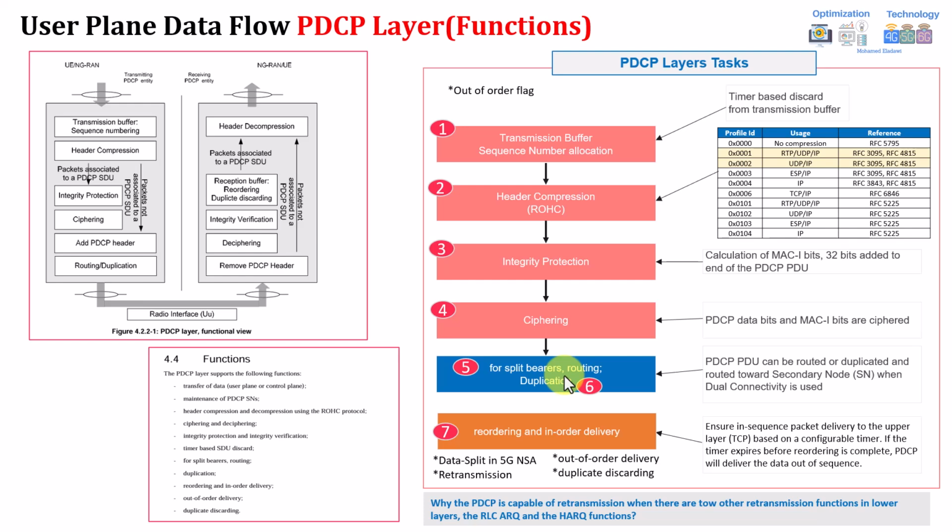If you have a non-standalone and you decided to do a bearer split through transferring data, for example, if you speak about option 3x, you would like to transfer data from 5G to 4G through the X2 interface. We'll go through the details of that part for all these 3 points.